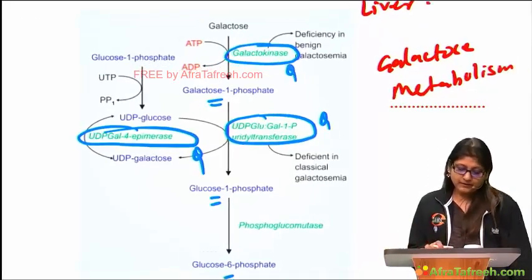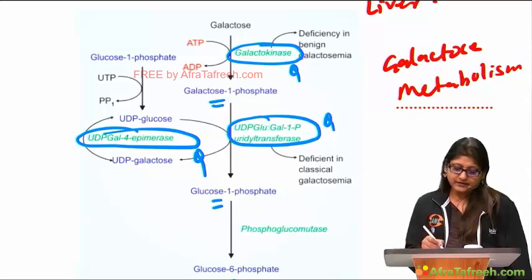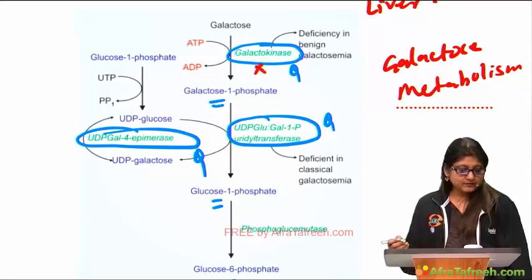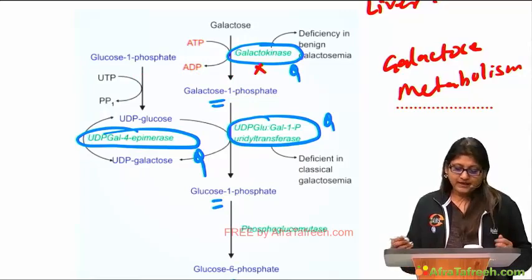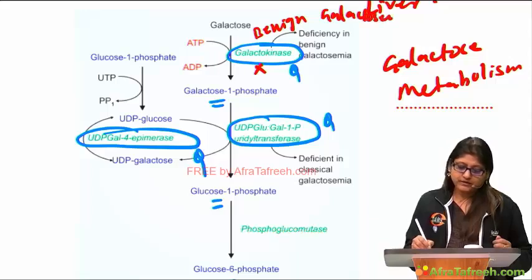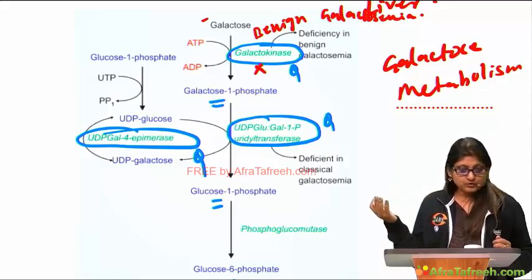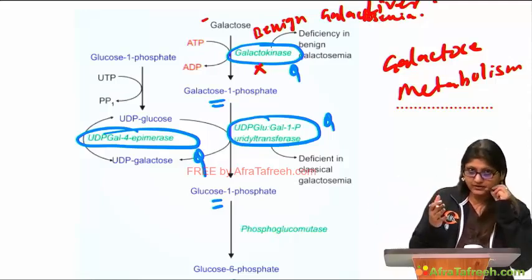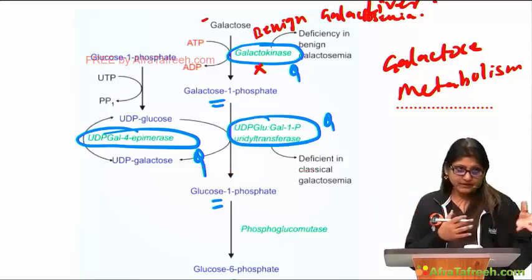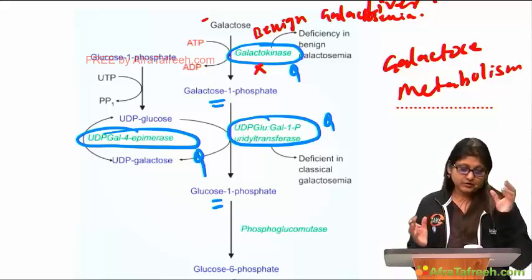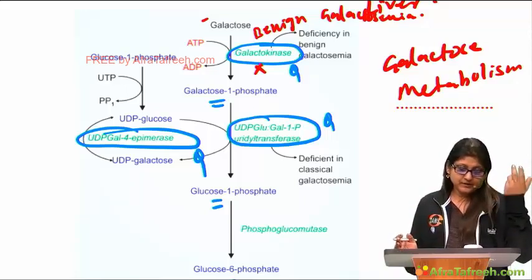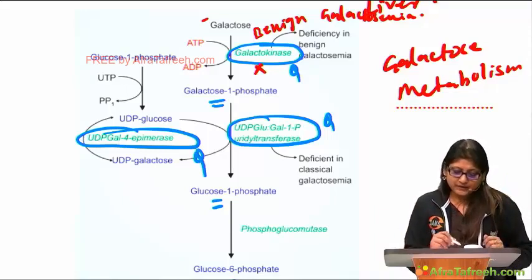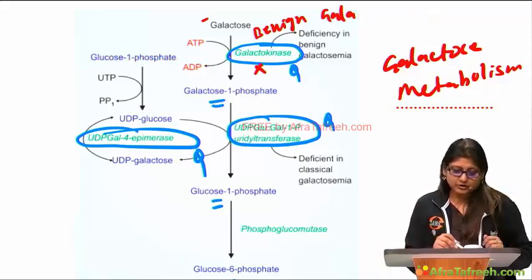And a problem in galactokinase activity results in benign galactosemia, right? So benign galactosemia, which is not that benign, because galactose is high in the blood, goes to the lens, where aldose reductase reduces the galactose, converting it to galactitol, which is going to absorb water and burst the cell, leading to cataract. So benign galactosemia also will have cataract as a feature,